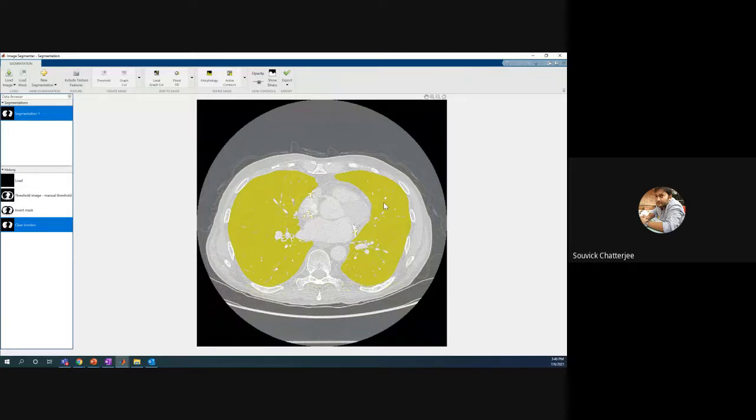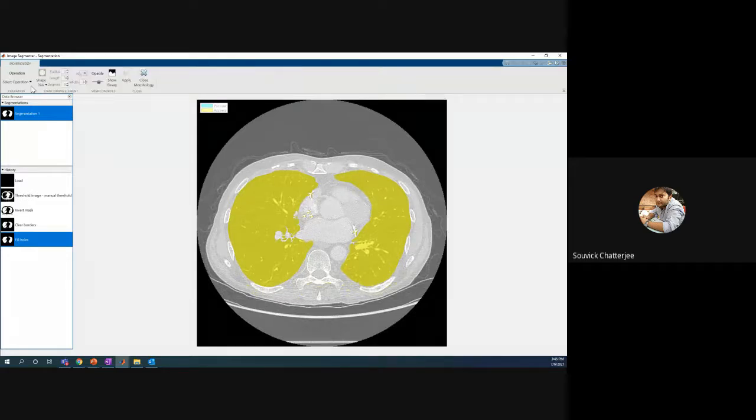Basically, whatever we are doing, we are not writing code. If I want to fill holes, I can click on fill holes, and that happens. Now remember the morphological operations of erode and dilate. We can do that also. So if I go to, say, morphology, right?